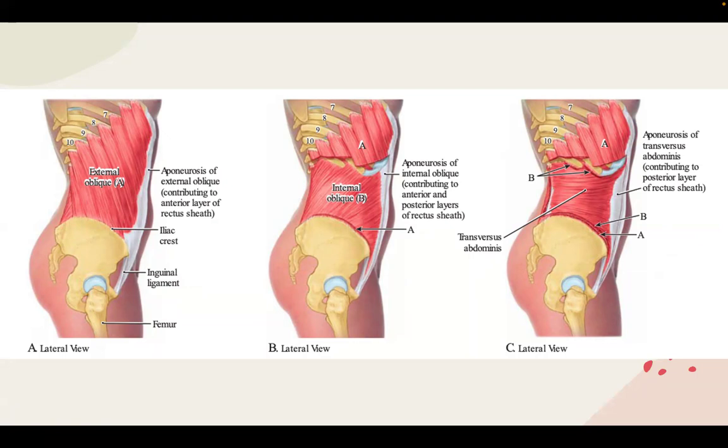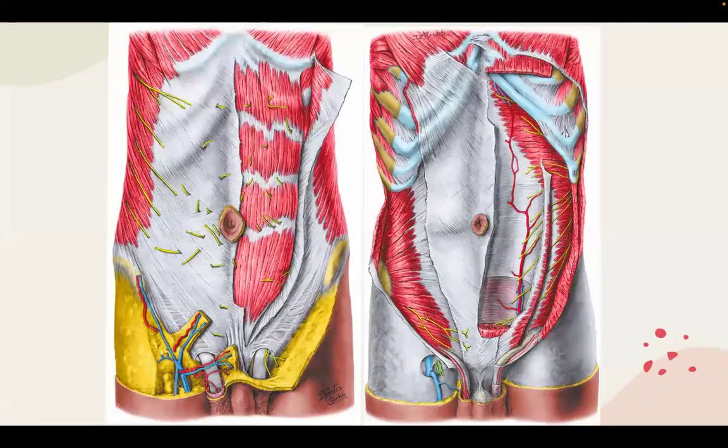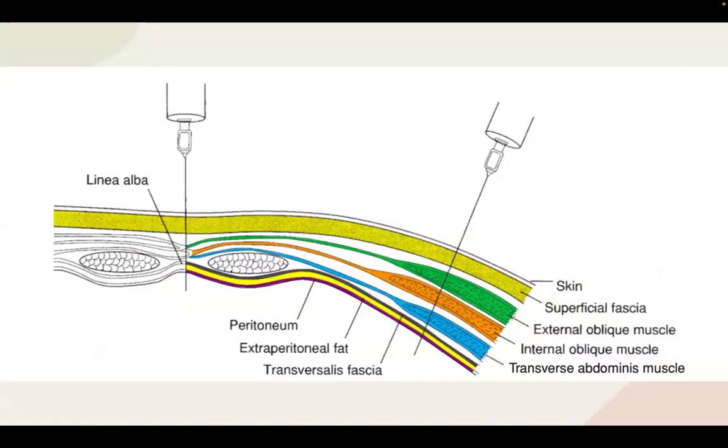Let's apply this anatomy to a clinical procedure, paracentesis. This is used to withdraw excess peritoneal fluid. Whether it is a needle for a procedure or a knife wound, the sequence of layers penetrated is vital for a clinician to know. In the midline approach, these structures are passed in order: skin, superficial fascia, superficial fatty Camper fascia,